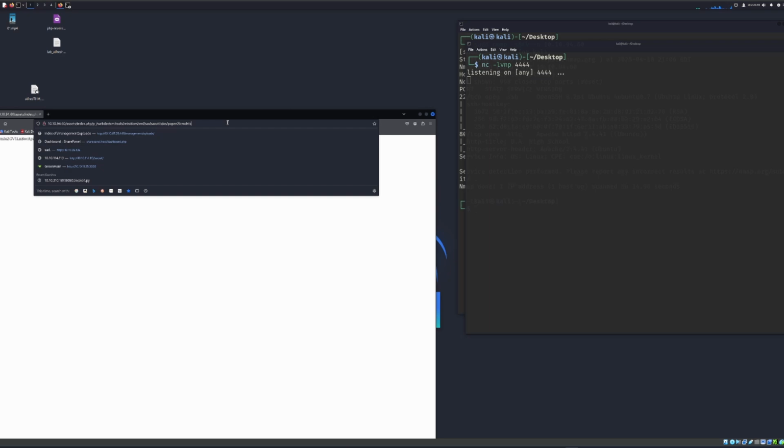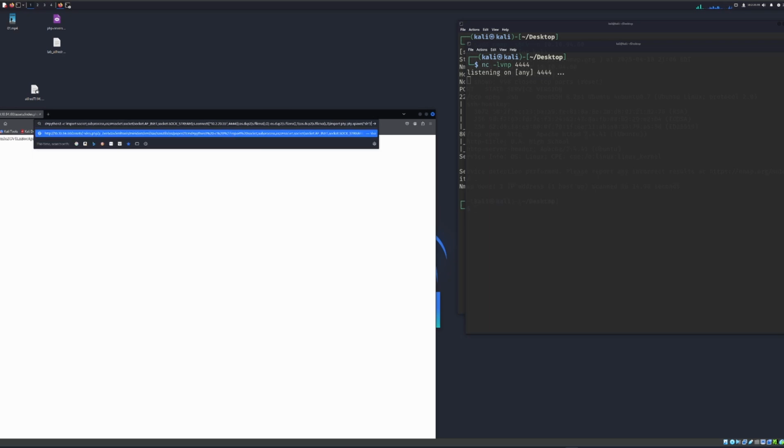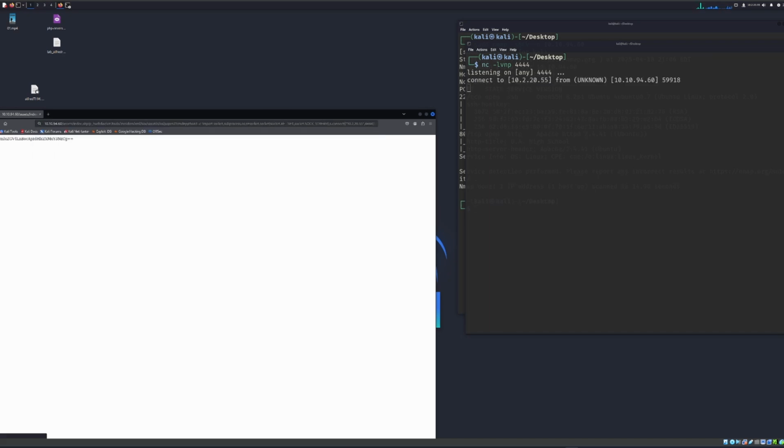Perfect. And now up here in the URL, we'll just remove the ls and we'll put in our reverse shell. And there we go. We now have a connection right back to us. So if we type whoami, we can see that we are www-data. So now what I'm going to do is spawn an interactive shell